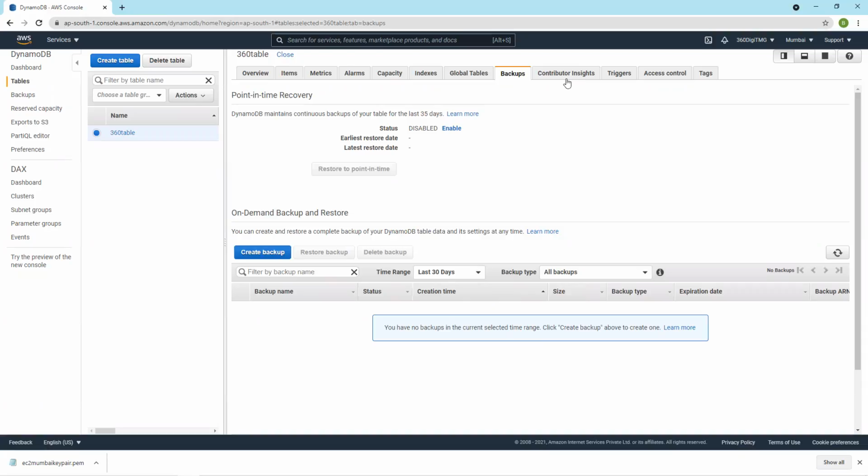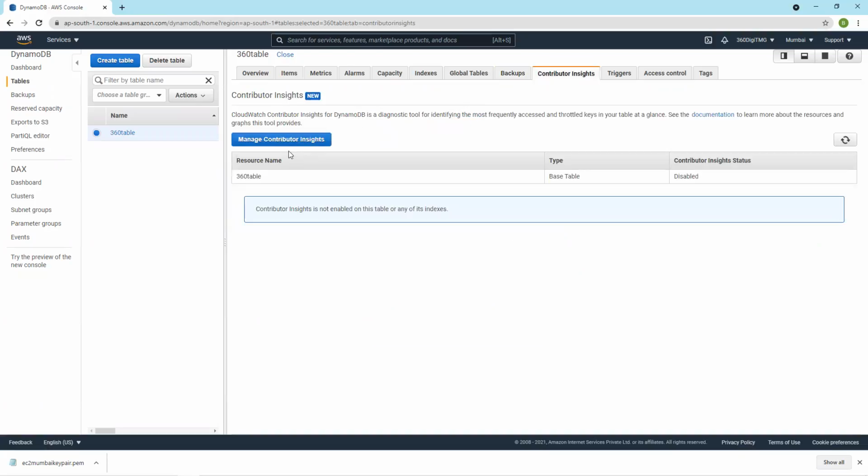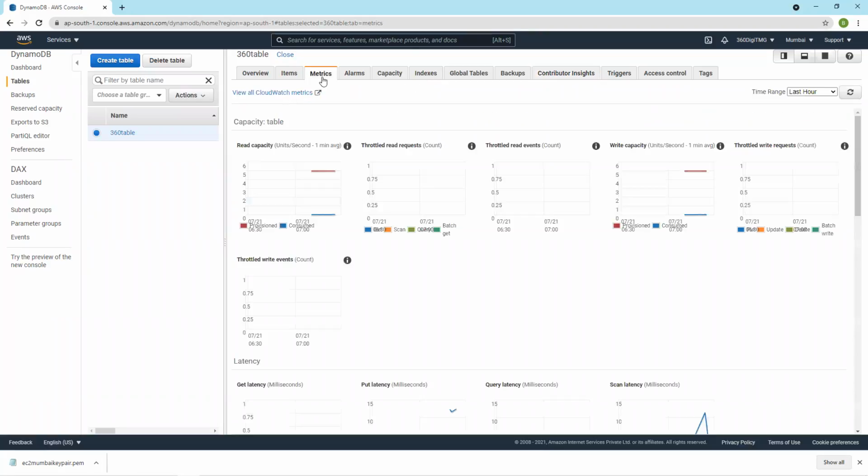Contributor insights. Okay, CloudWatch Contributor Insights. We have not yet discussed CloudWatch. CloudWatch is a monitoring tool, and by default CloudWatch monitoring is available for all the services. Here also we have monitoring, right? Metrics here. So where is all this data coming from? CloudWatch.